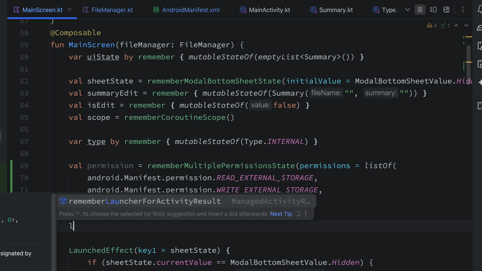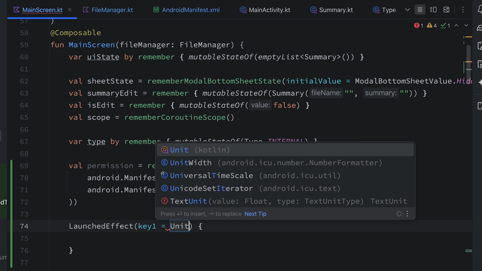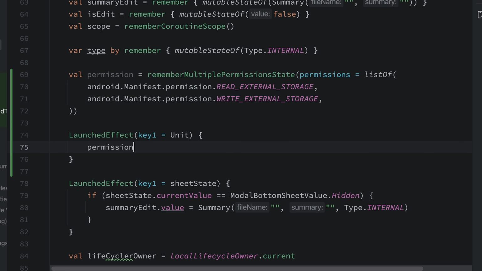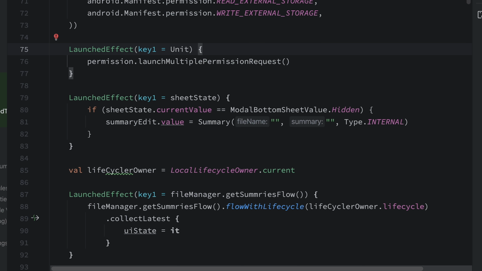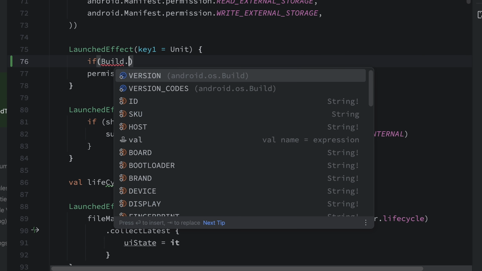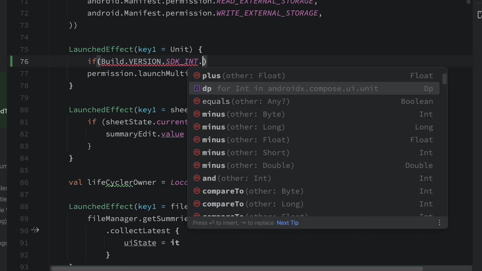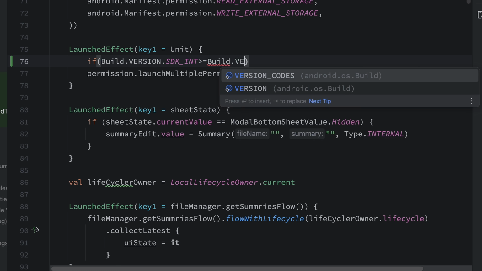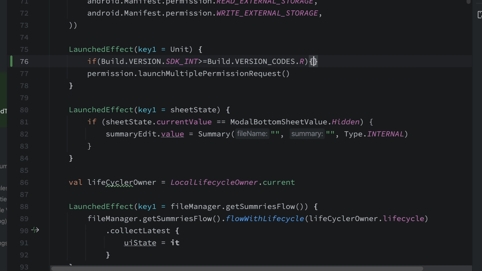Now I'm using LaunchedEffect. Key is Unit, and in this we have permission.launchMultiplePermissionRequest. So this is for the versions below R. Now it's time to take the location permission for API level R or above. So for that first we have to check the build version. So Build.VERSION.SDK_INT, if it is greater than or equal to Build.VERSION_CODES.R, in that case